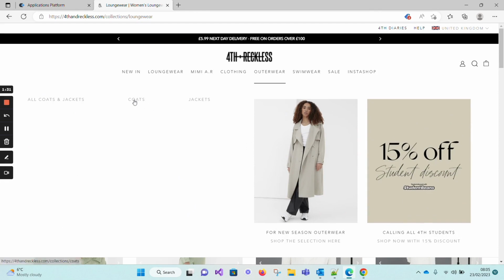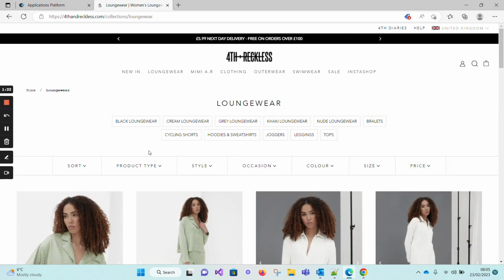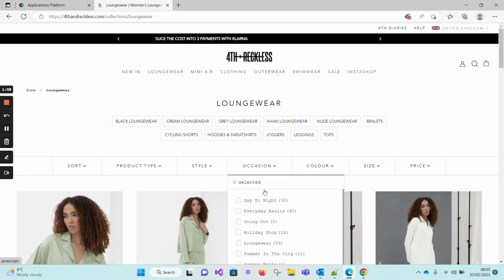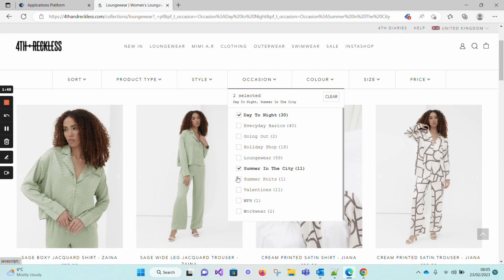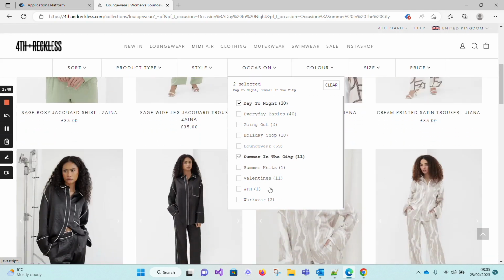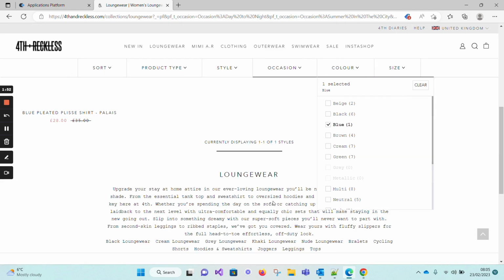But equally, if I'm going into these areas, I might want to find things in different ways. So, for example, I might want my products to be found just by tags. So, going on a website, I actually want to look at occasions, or I might just want to look at